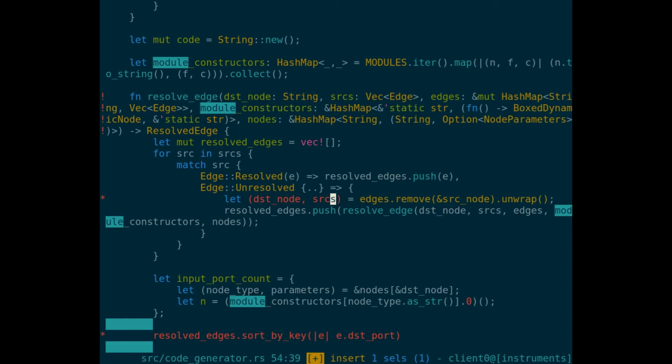Maybe I may have to sort this before I work, because if I work from the root of the tree out, then this is fine, because I'm going to hit the leaves, which are the things with no inputs, last, or at least I'll hit them after I hit their parent. But in this case, if I'm picking random nodes and trying to do this recursive resolution on them,